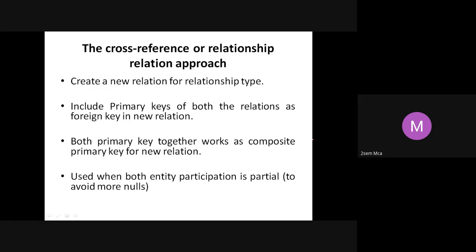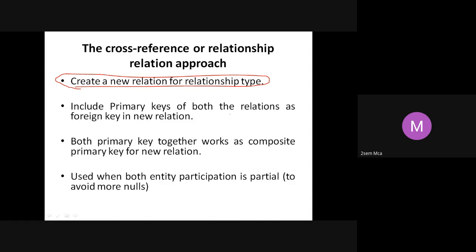The third approach is the cross-reference or the relationship relation approach. Again here, you are going to create a new relation. This is what plays for is, not the previous one. Create a new relation for the relationship type. Plays for is a relation between team and player. So we created a new table itself for plays for.